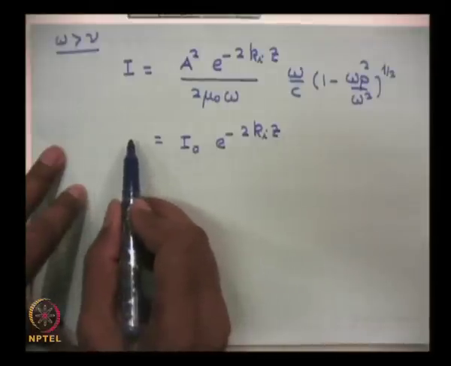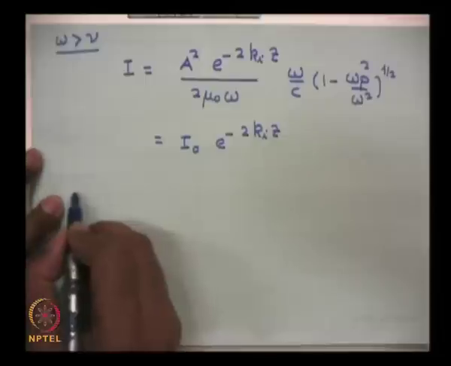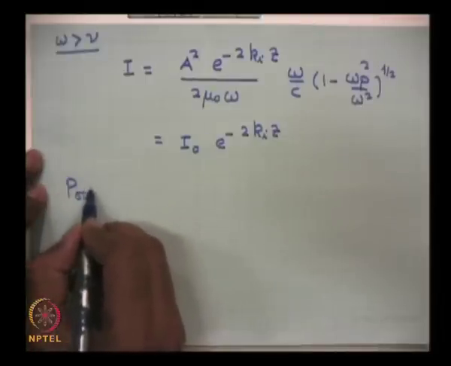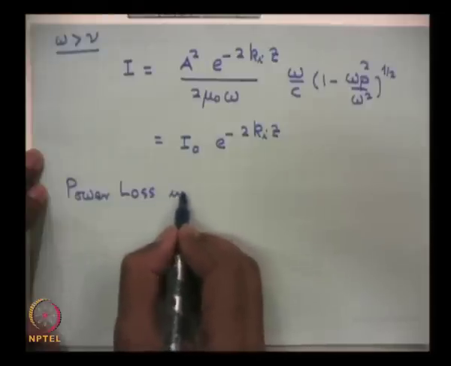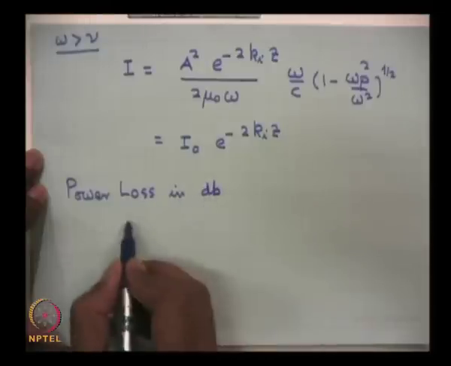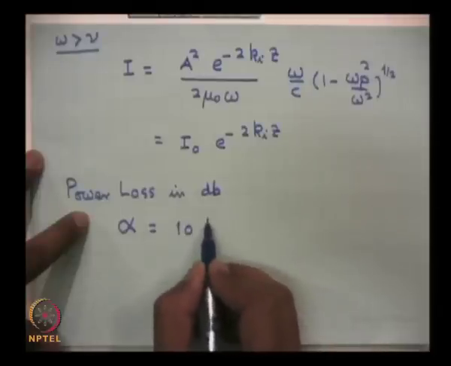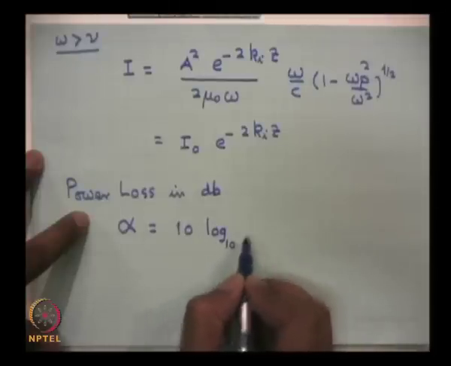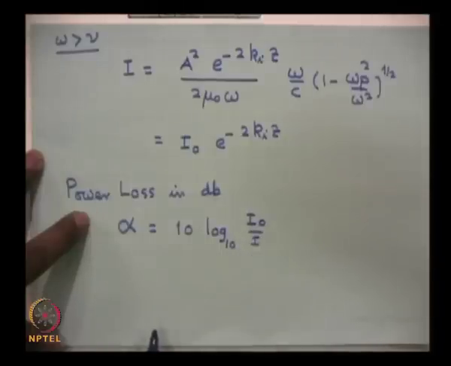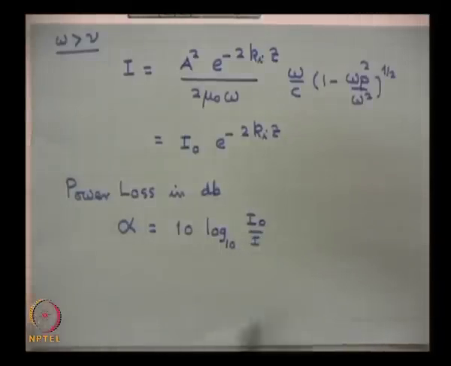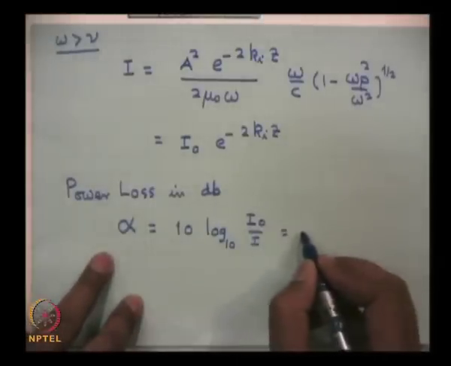It means the intensity of radiation decreases with Z. Power loss in decibel is defined like this, as alpha, which is equal to 10 log to the base 10 of I0 upon I. And if you evaluate this quantity like this, it becomes